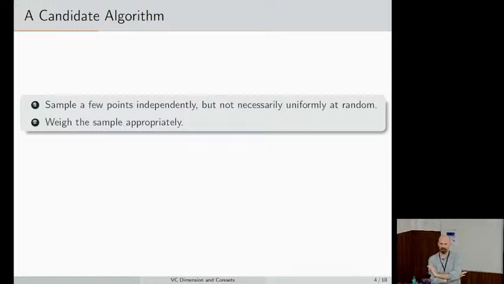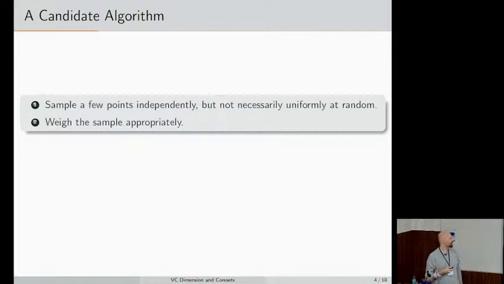For clustering, I would say all modern algorithms look a little bit like this. You define some distribution from which you're going to sample points independently. I'm saying here it's not necessarily the uniform distribution, but for now I encourage you to think of it as the uniform distribution, just for the time being. And now you weigh the points. So in the uniform distribution, the points will be weighed by n over the coreset size.